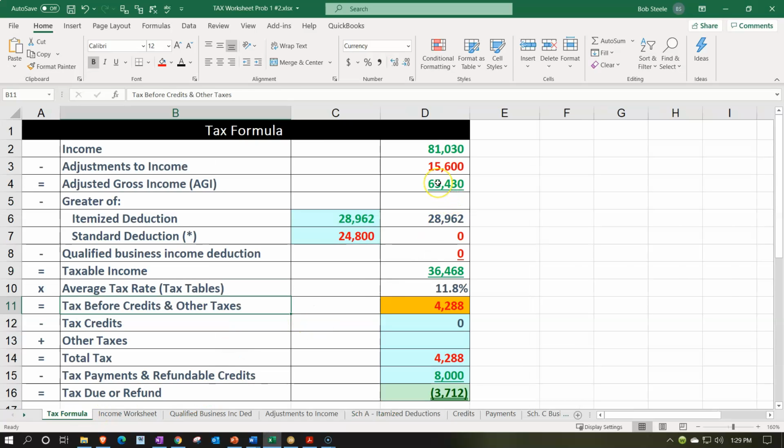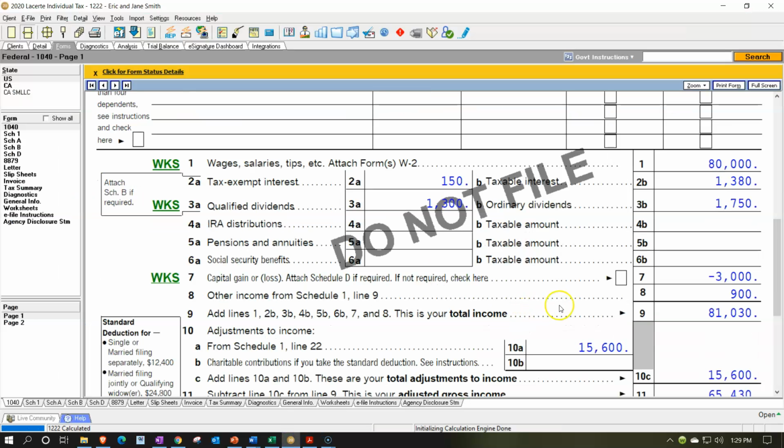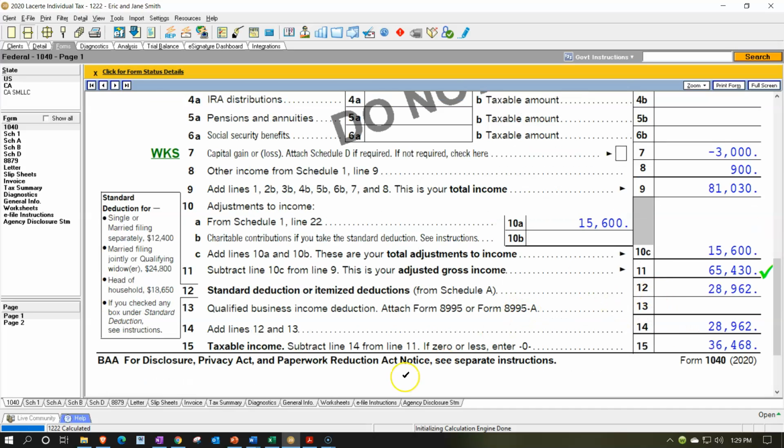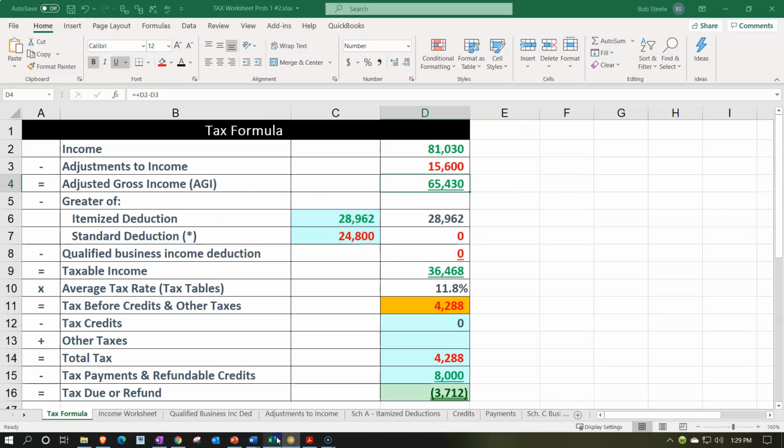Let's double check these. We have then the adjusted gross income is now at the 65,430. 65,430 at the adjusted gross income. Same here. That looks good. And then we have the itemized deductions. We just checked at the 28,962 to get to the bottom line of the 36,468. That should match here. We got the 36,468. So we got the 65,430. We're taking the greater of the two, being the itemized deduction, to bring us down to the taxable income of the